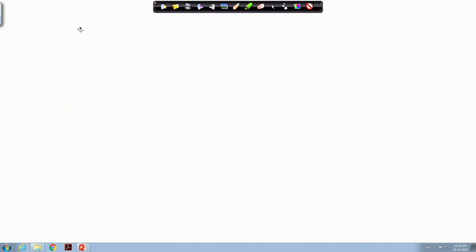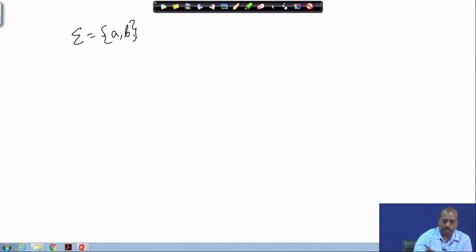Next we will be looking into some more examples of these grammars and how to construct the predictive parsing tables for that. So, the next example that we look into is the sigma set. The alphabet set has the symbols A and B, and we would like to construct the grammar for the language such that it has an equal number of A's and B's in it. So, the language has all the strings that have an equal number of A's and B's.